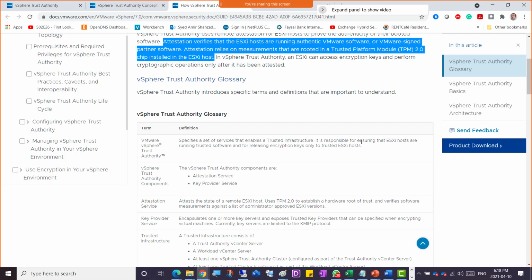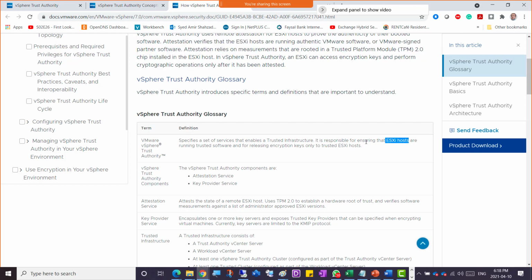It is responsible for ensuring that ESXi hosts are running trusted software and for releasing encryption keys only to trusted ESXi hosts. So this is the main task of Trust Authority: confirm that the encryption decryption keys are in safe